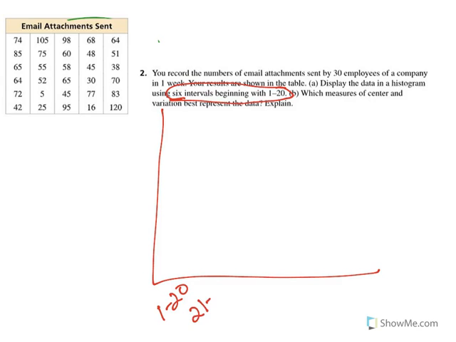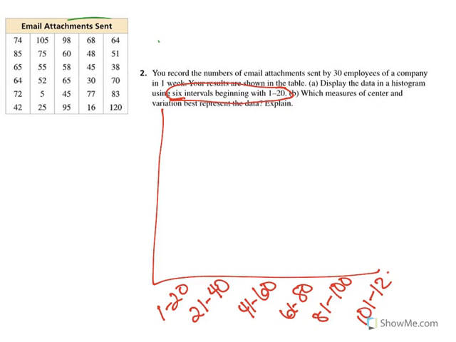So that means the next interval would be 21 through 40, because every interval needs to have the same number of parts to it. So you couldn't do 1 through 20 and then 21 through 30, because that's 20 and 10. They need to each have the same amount of pieces inside the interval. So then we would do 41 through 60, 61 through 80. Notice I'm just adding 20 to each of the end numbers. 81 through 100,